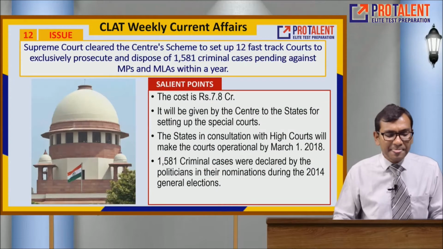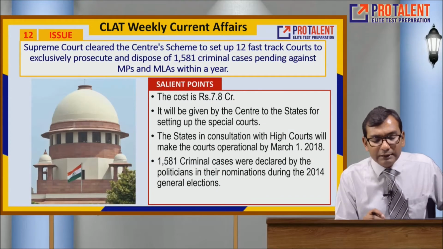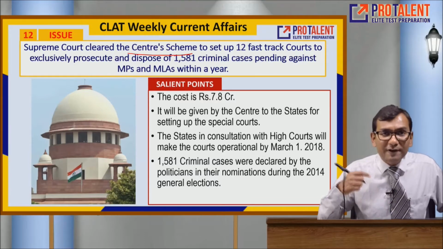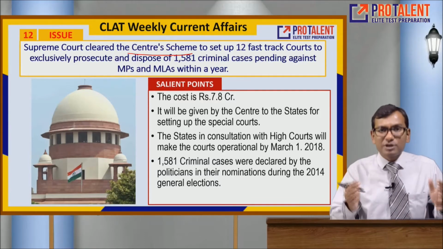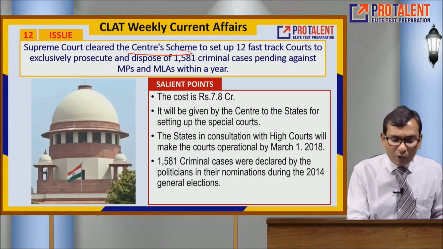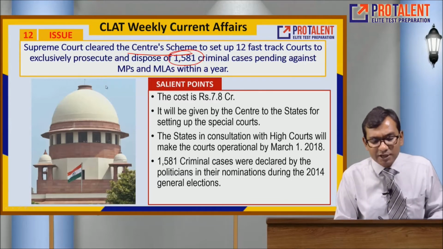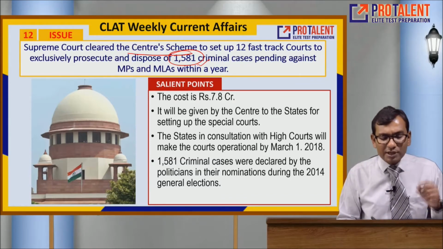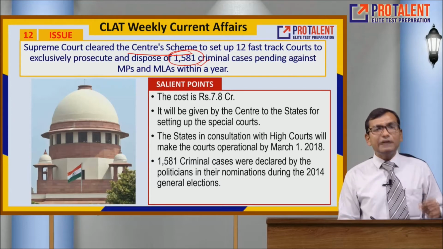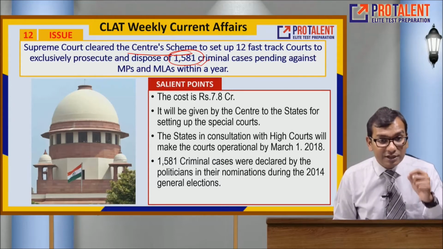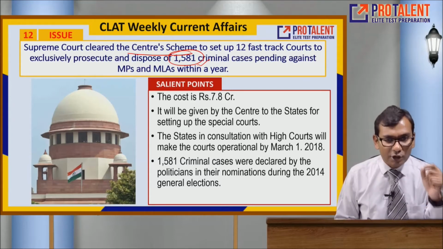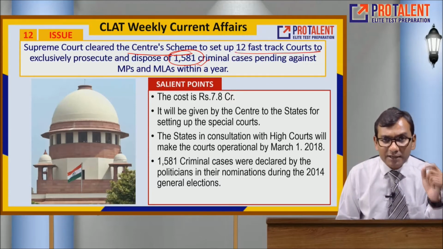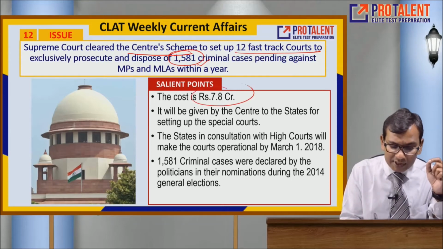आगे बढ़ते हैं. नंबर 12, Supreme Court cleared central government scheme to set up 12 fast-track courts exclusively to prosecute 1581 criminals. ये नंबर याद रखने जैसा है, क्लैट की परीक्षा में पूछा जा सकता है. So there are 1581 MPs और MLAs जिनके ऊपर कोई केस चल रहा है और ये केस फटाफट खत्म हो इसके लिए फास्ट ट्रैक कोर्ट बनाने का प्लान किया गया था, जिसको सुप्रीम कोर्ट ने अप्रूव कर दिया है,